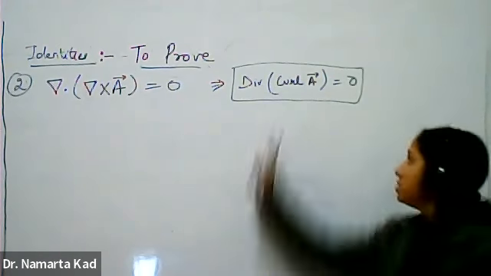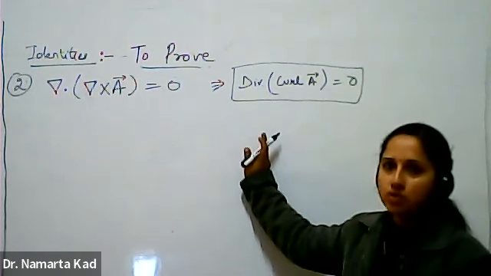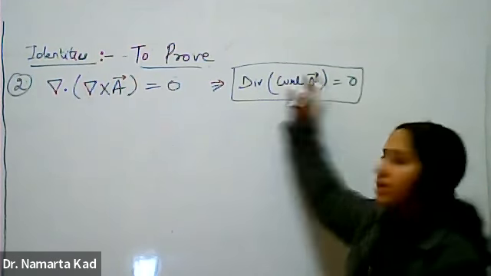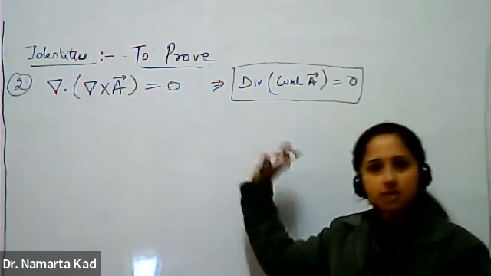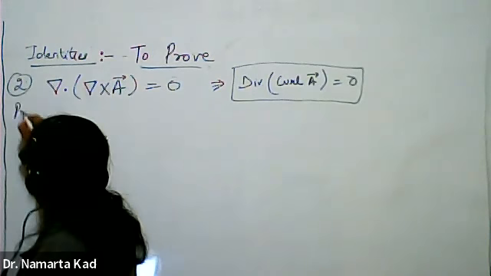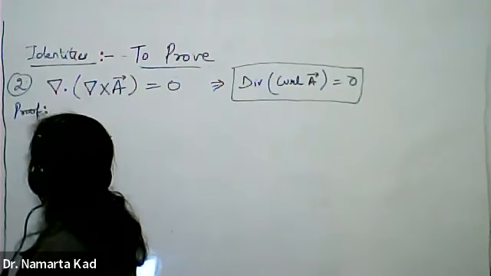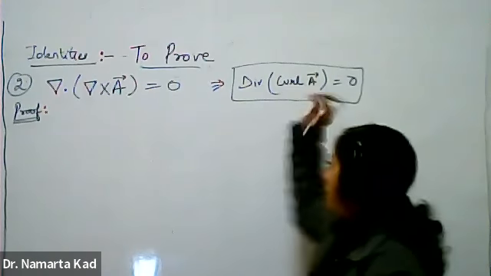Divergence of A vector is always equal to 0, where A is any vector. Okay, here a symbol is put down here. So A is any vector. So let's do the proof for this. So starting with the proof, so starting with the curl of